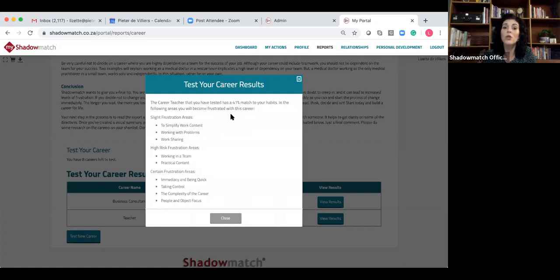In the following areas, you will become frustrated with this career. Now, ladies and gentlemen, if it's a perfect match, a higher than 80% match, and I'm not 100% sure of the percentages, I don't want to quote it. We can check, and I can make sure that Peter just mentions that tomorrow in the session, or maybe when we do questions just now. But if you've got a good match between the career and your habits, you will not get a list of frustrations. Then the system will say, this is a good match, or this is a very good match, go for it. The moment there's a mismatch between the career that you have tested and your habits, the system will give you the percentage match, and it will give you a list of the areas that will cause frustration for you